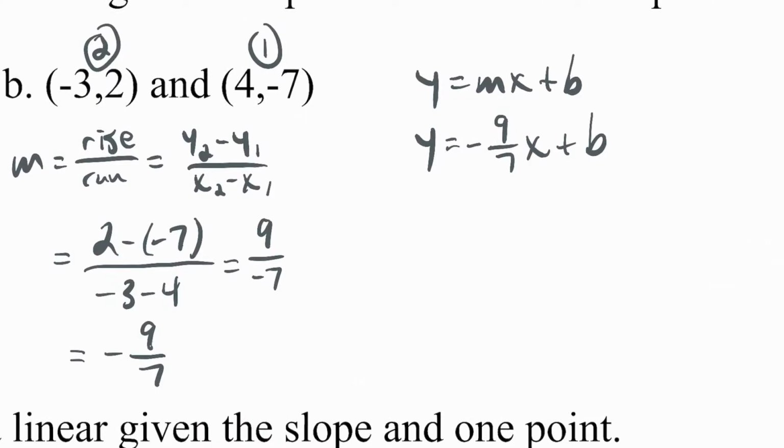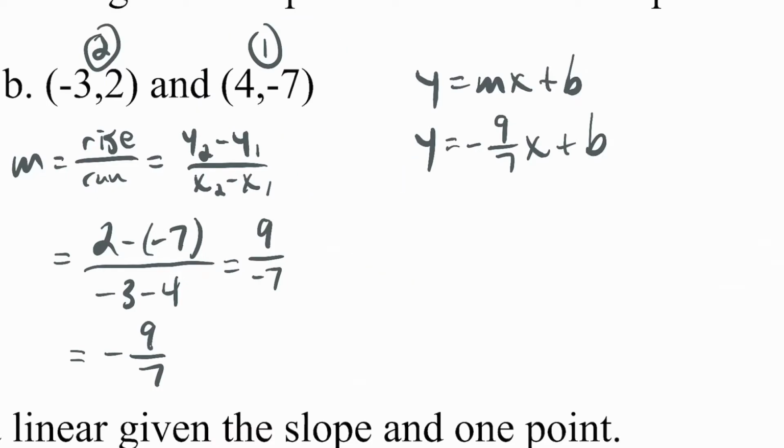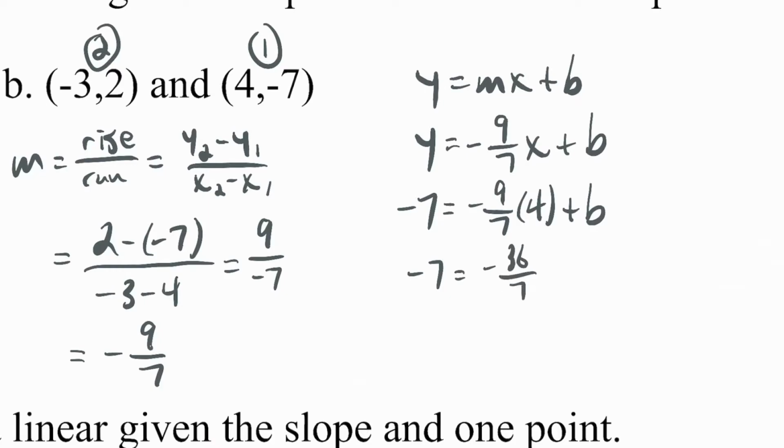Anyway, I'm going to pick point 1 to plug in. So I'll plug in negative 7 for y and 4 for x. Okay? So negative 7 equals negative 9 over 7 times 4 plus b. And I'll try to not make that b look like a 6. So I'm going to have negative 7 equals negative 36 over 7 plus b. Okay. Now, at this point,